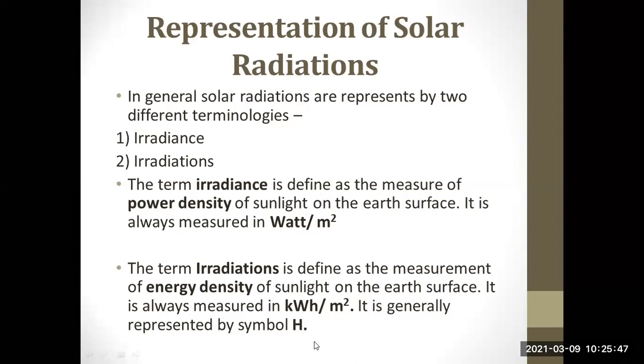तो इसके बाद जब भी हम लोग irradiance का टर्म यूज करेंगे तो बाय डिफॉल्ट आपको समझ में आना चाहिए कि irradiance इसका मतलब कि जो इंटेंसिटी है सोलर रेडिएशन का, दैट वी आर रिप्रेजेंटिंग इन पावर डेंसिटी. व्हेन आई से irradiation, that means we are utilizing the concept of energy density to represent the intensity of solar radiation, and the unit will be watt hour per meter square or kilowatt hour per meter square.